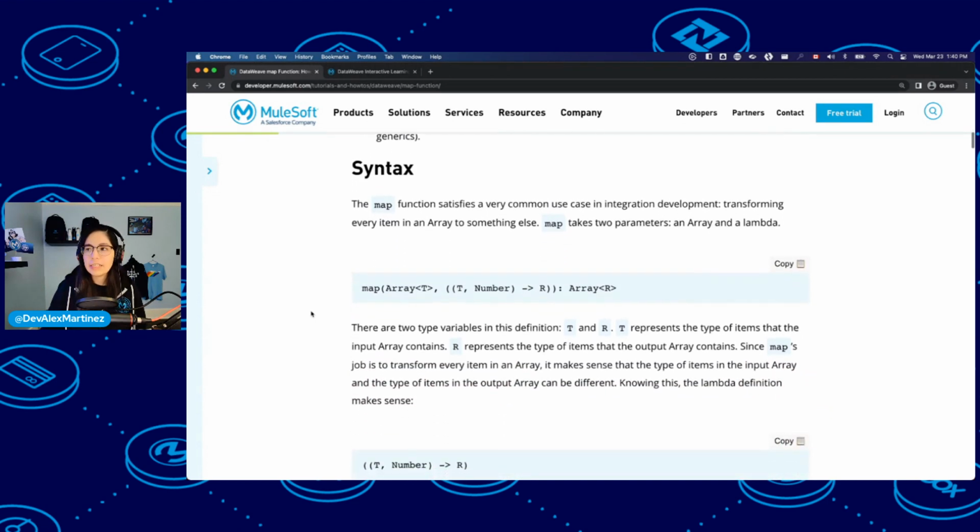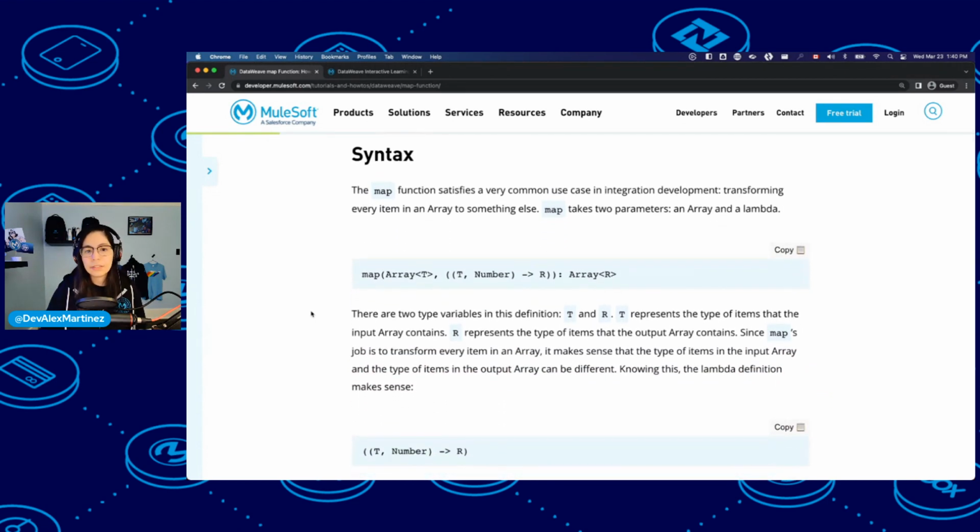So first of all, we have the syntax. So in the map function, we have two different parameters. The first one is the array that you want to go through with the map. And the second one is a lambda function.